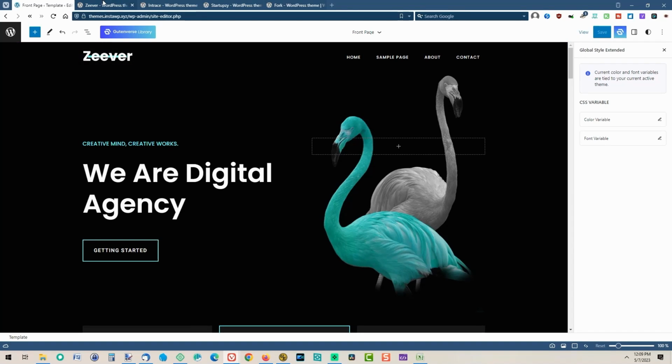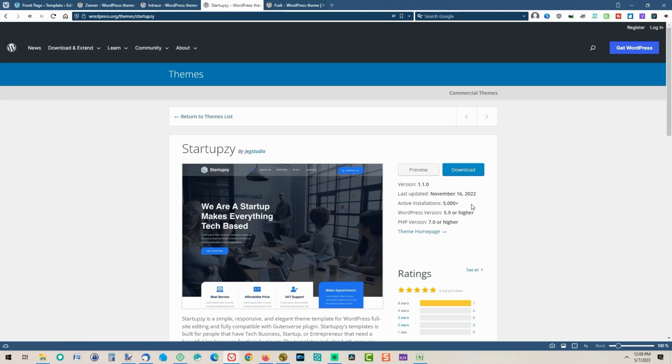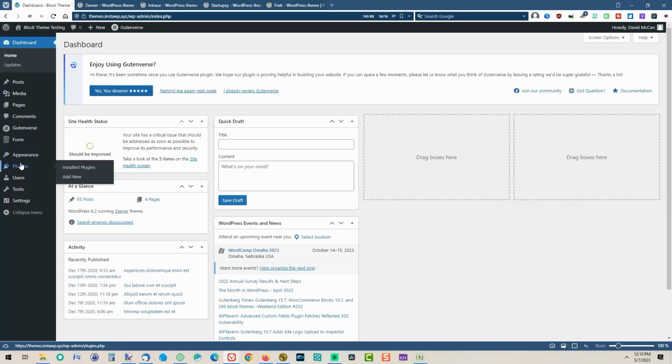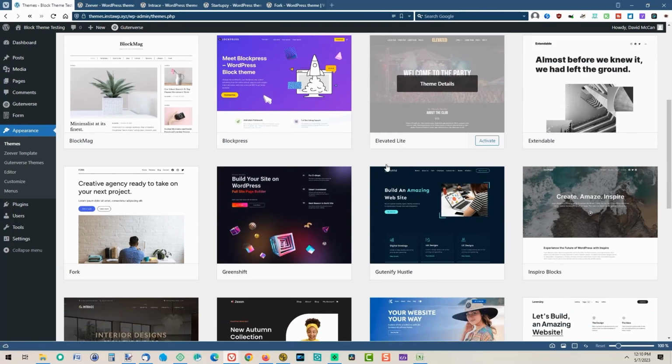Zeever is the #2 theme. Intrace is the #3 theme. It's got 6,000 active installs. And then Startupzy has 5,000 active installs. Okay, and that's #4. So you notice we're on #4. We've already gone from 10,000 to 5,000 active installs. Okay, and now if we go to our themes and we look at Intrace,